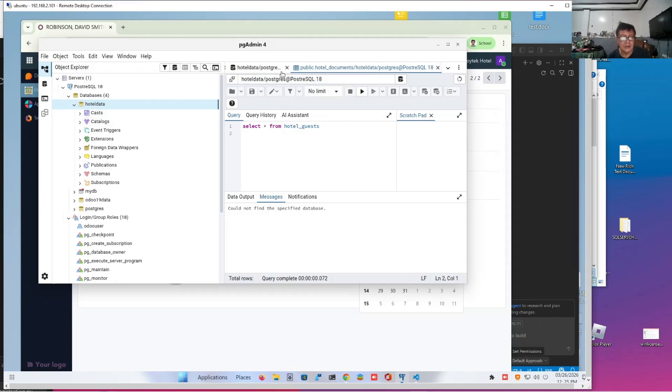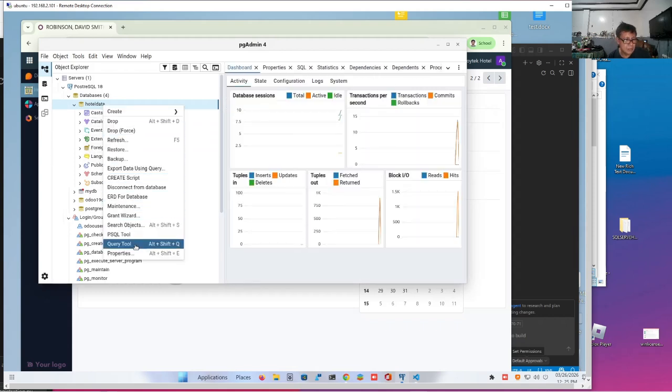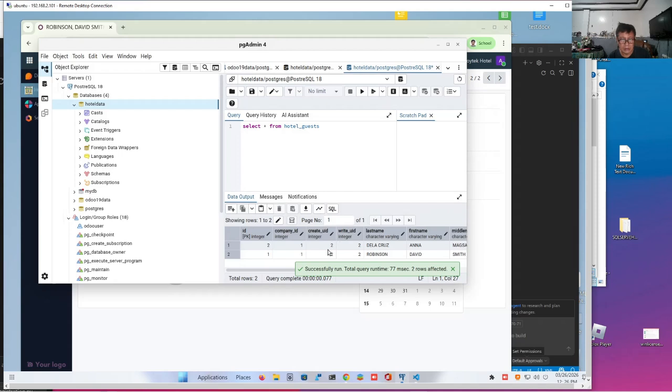Let's close this for the moment, and then we open a query tool. So say select star from hotel_guests. Okay, so we have it there.